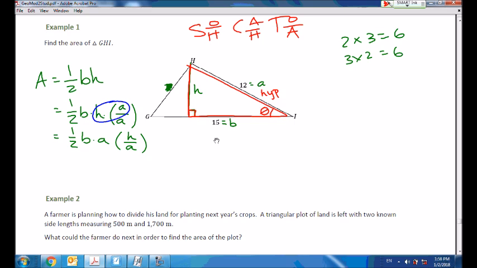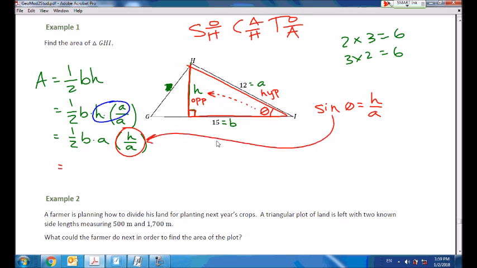And h is on the opposite side from theta, and so this is the opposite. And the ratio that's most useful to me right now with the opposite and the hypotenuse is the sine ratio. So the sine of theta is equal to the opposite over the hypotenuse, which is h over a, which I'm hoping sounds familiar because we were dealing with h over a. And so I can substitute the sine of theta in right here, and I get 1/2 b times a times